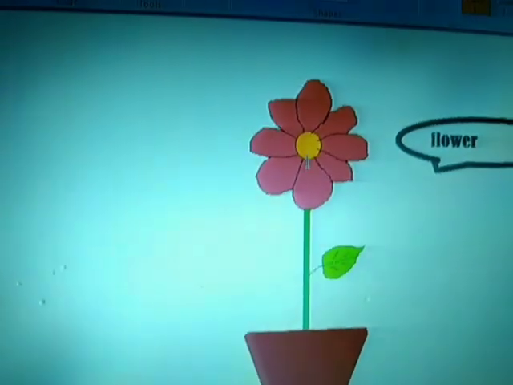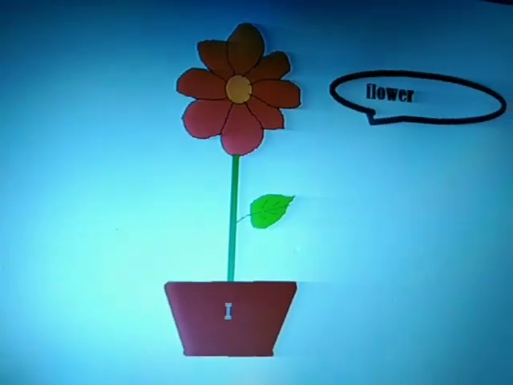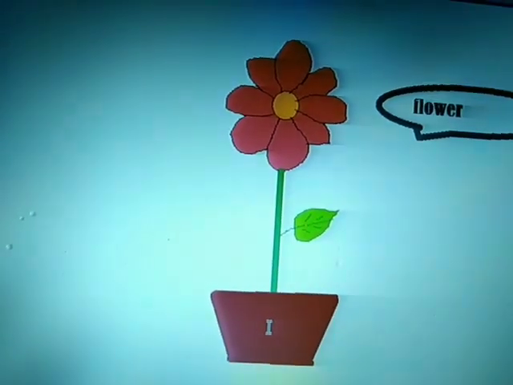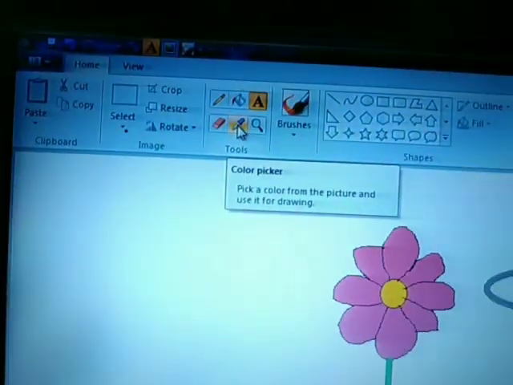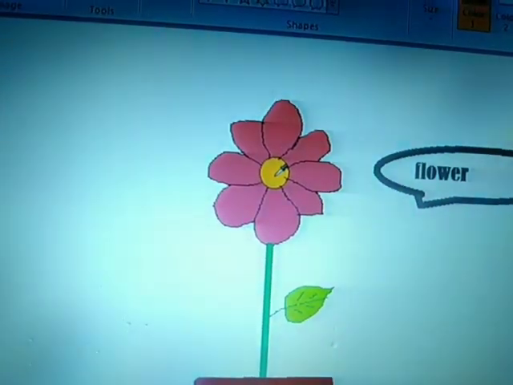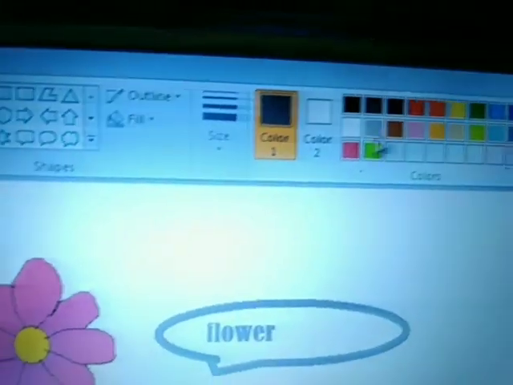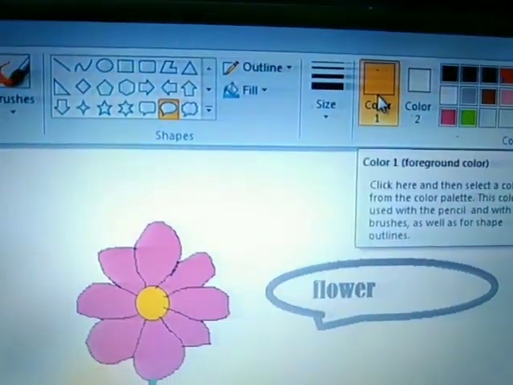Say this yellow I'm not liking now, or maybe the color of the pot maroon I am not liking. I want to change the color of the pot. So what I will do is I will click on this color picker tool, pick the color yellow. I can directly go and change the color from here also, but I can use the color picker tool also. I will pick the color yellow from here. On picking the color yellow from here, the color in color 1 changes.